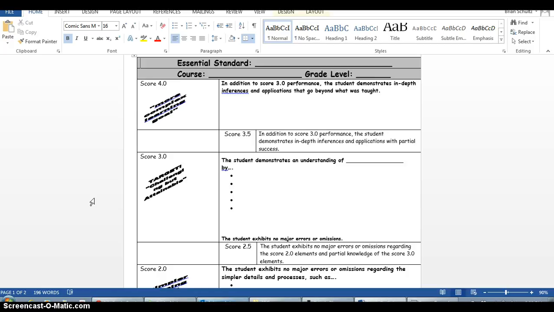And really what it comes down to is having a common understanding of what the standard is and being able to communicate that to each other and to students. And this proficiency scale template that you see in front of you is just the basic understanding that you'll be using as you try to create proficiency standards today for the I can statements that are already done and in our curriculum map. And so I'm going to go through that and then show you where you're going to record that,